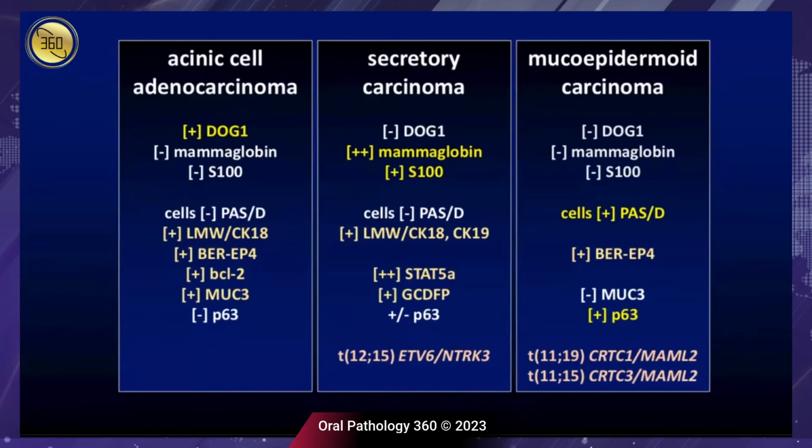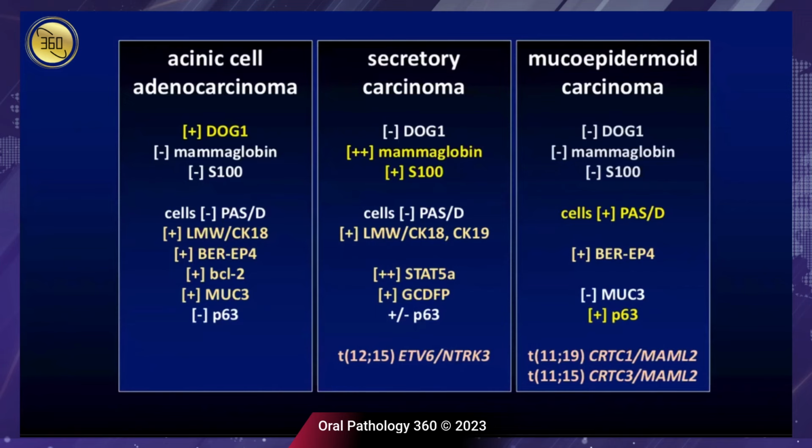So the literature is now quite ubiquitous, with a lot of things on immunohistochemistry and cytogenetics. I've highlighted, and I presented cases like this at our pathology meeting a few years ago. This was a set of cases that I thought was interesting. So when you look at acinic cell carcinomas, there's actually one immunohistochemical stain that will help you, and that's DOG1.